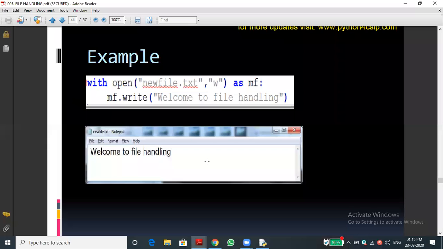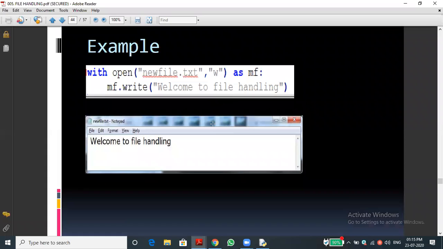So it will make the file be closed. Implicitly it will call the close function. We no need to write it manually in order to close it. That's what I'm coming to tell. If you are using this, we no need to call the close function again with the file pointer. Automatically the file will get closed after we complete this block of statements. Have you noticed that this is a block of statements? Once the operation is over, it will be automatically closed, as well as the data will be stored. This is an example for that.